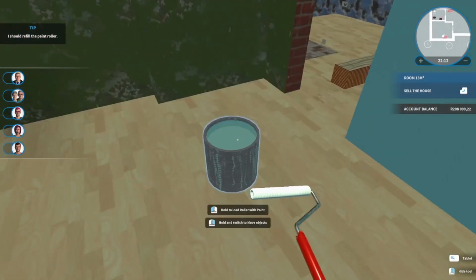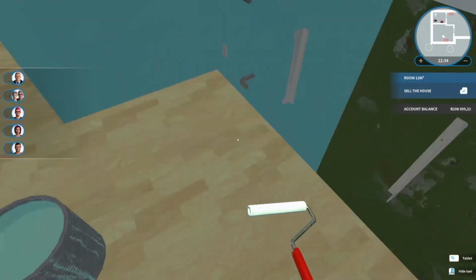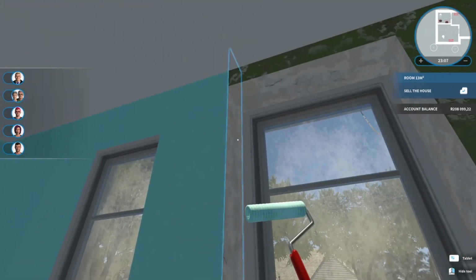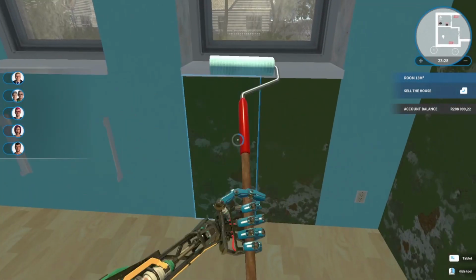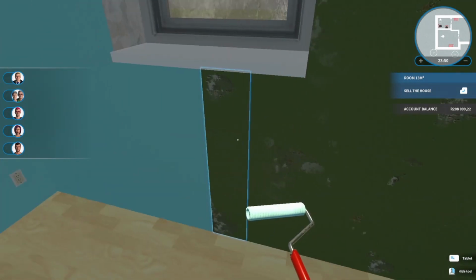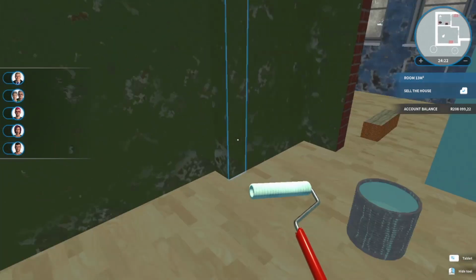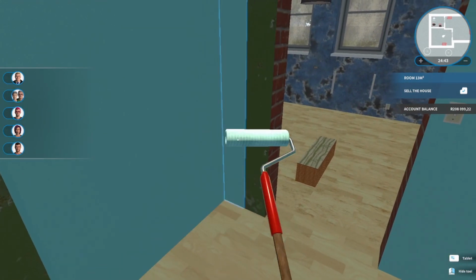I'm quite excited to finish this house. I was thinking that in total I would do this room, and then next episode I'm going to do the living room and kitchen area, and then after that I'll be doing the bathroom, and then maybe start with the outside as well. As you've probably seen, I didn't clean the outside at all. I didn't hose it down or anything, so I'm saving that for the end. So first I'm going to do the interior of the house, and then I'll decide what I'm going to do with the outside. I think I'm probably not going to go crazy with the outside, but